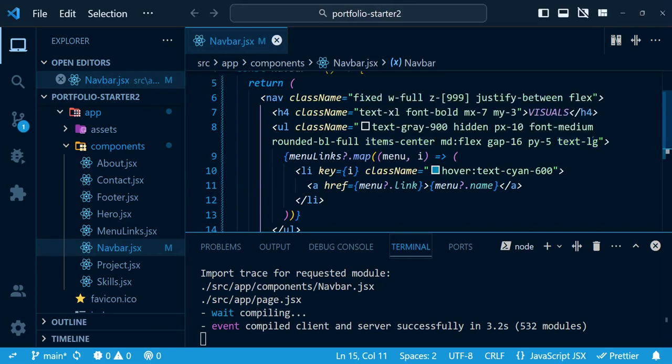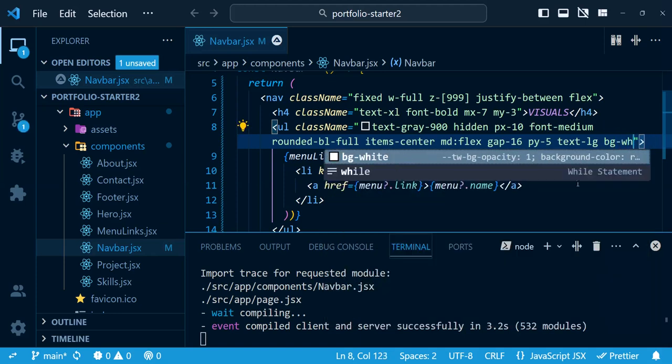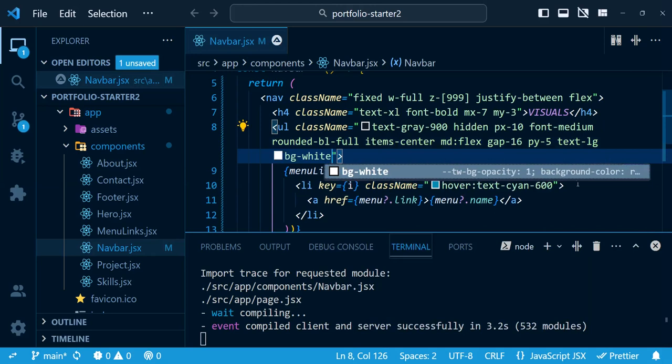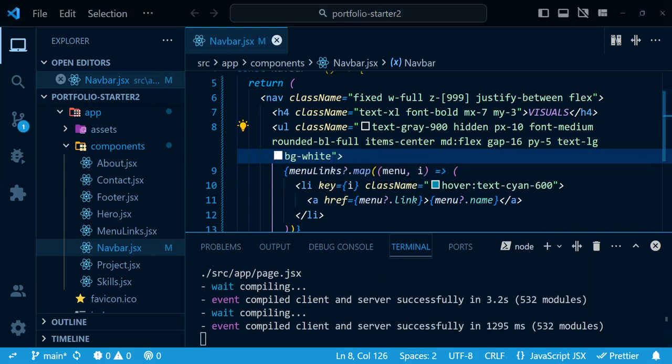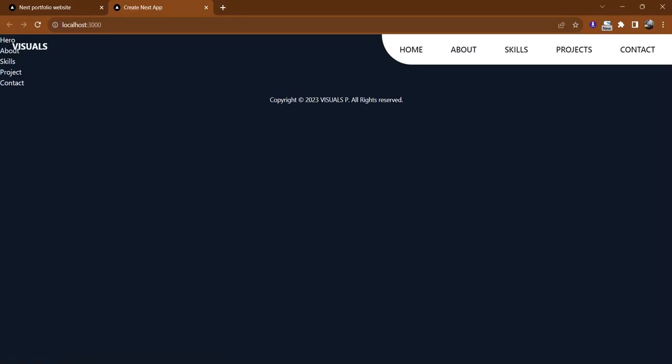So you can create a background of white. Now it will show all the elements. You can see. You can see now it will show all the elements, but now if I inspect this,